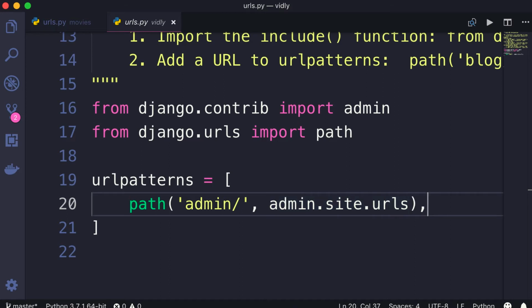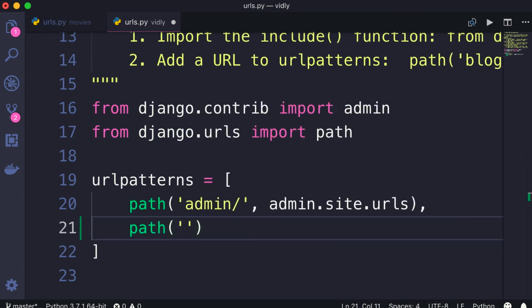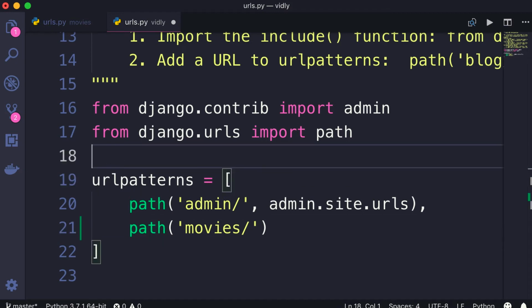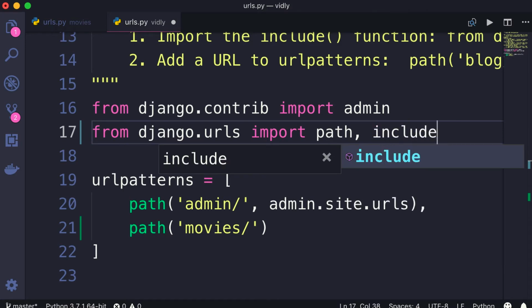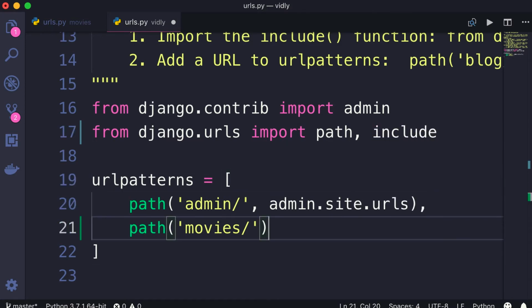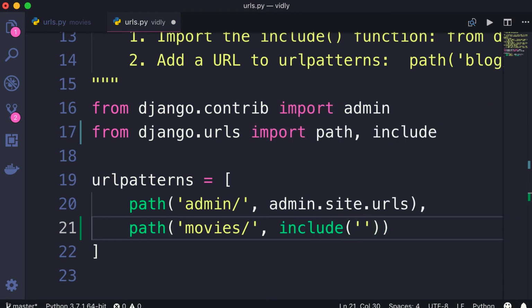So here in this list, we need to add a new path object. We're going to tell our Vidly app that any path that starts with movies should be handed off to the URL configuration in the Movies app. So here on line 17, from django.urls, we should import another function that is called include. And here we call that function and pass a string that specifies the name of the module that contains the URL configuration for the Movies app. That is